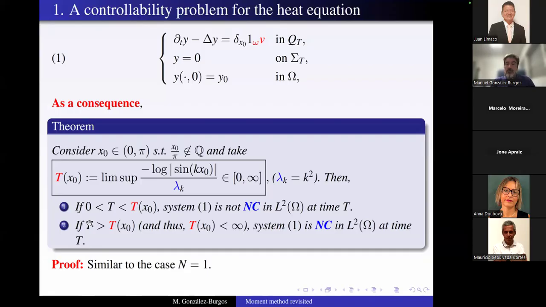The previous series is convergent if T is greater than T of x0. Then we can prove the null controllability result if T is greater than this minimal time, T of x0, and for T less than T of x0, we know that the system is not null controllable even if little omega is equal to capital Omega 1. Then this is